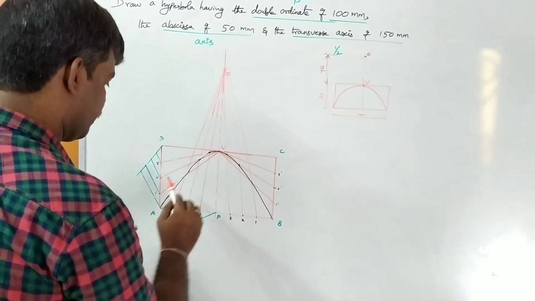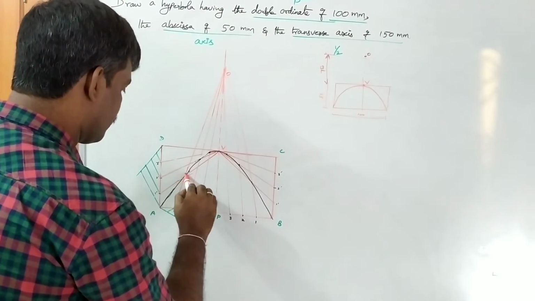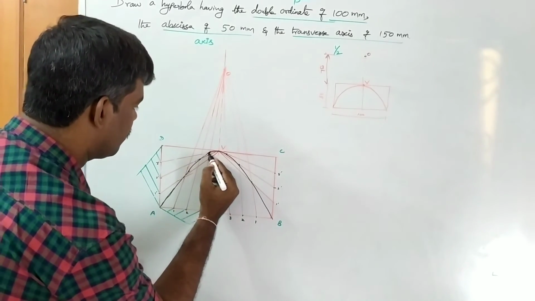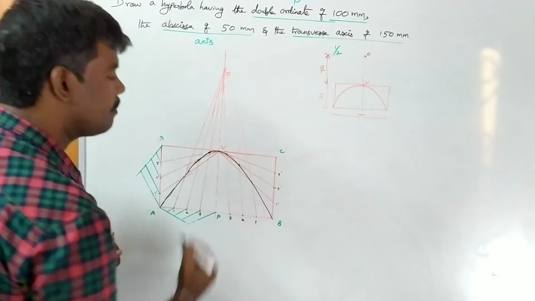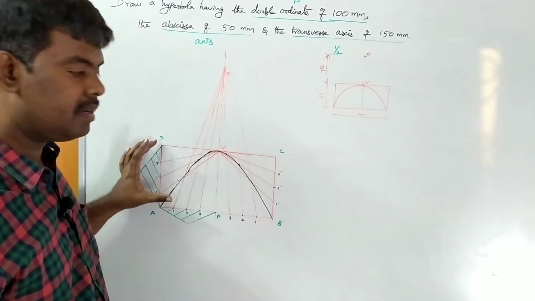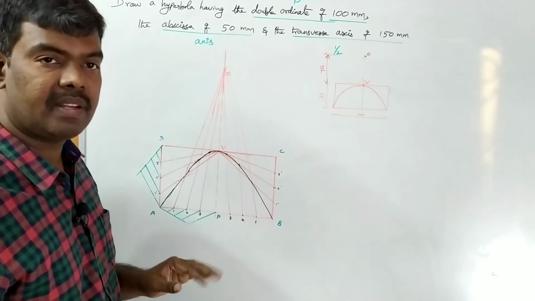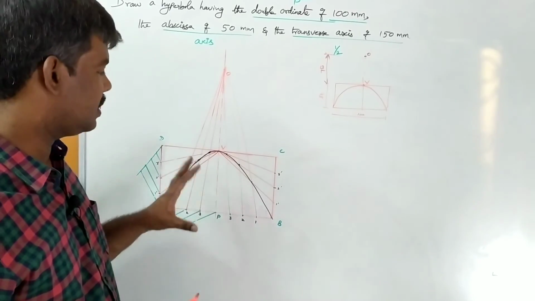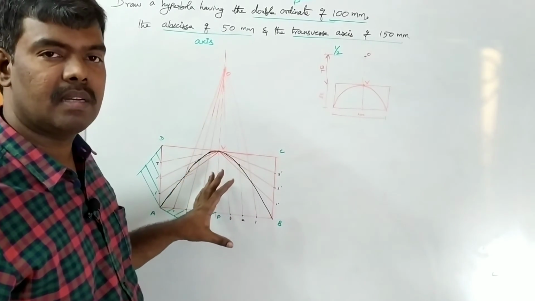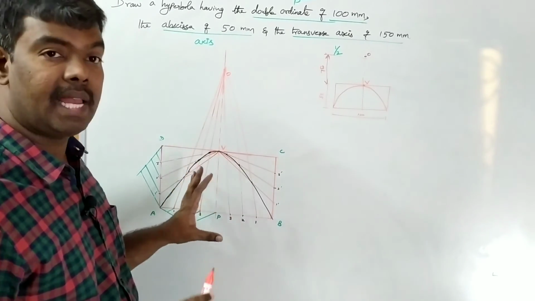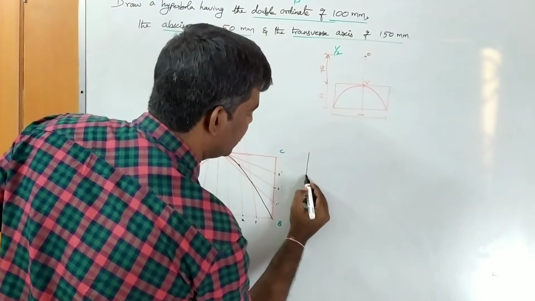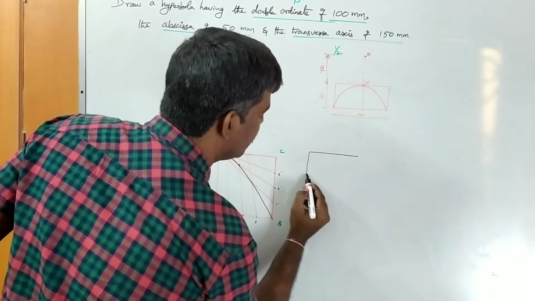Okay, right. So this one, understand? Clear? So you draw perfect dimensions. It is 100, 50 and 75. We get that curve. Okay. So this is an approximate rough value. So it nearly appears so, not exactly. So finally you got, for example, this is 50, this is the double ordinate.